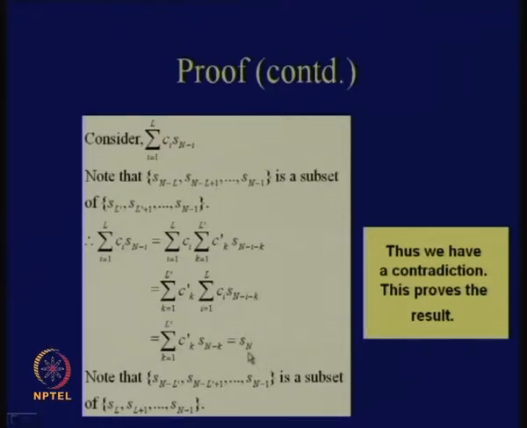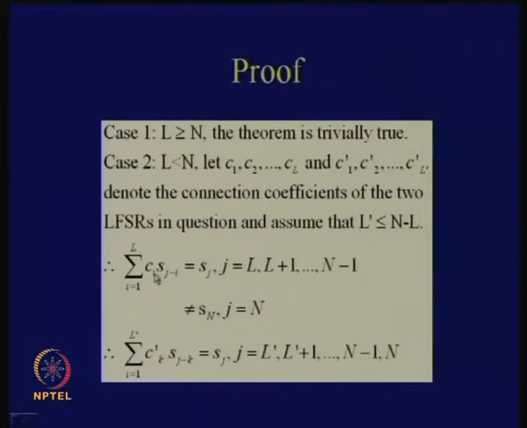Okay. So, what you are essentially contradicting is the initial starting point, that the first LFSR cannot generate the Sn digit. Okay. So, where did we go wrong? We essentially assumed this, which was wrong. So, this proves the theorem, that L dash is actually not less than or equal to n minus L, but it is actually greater than or equal to n minus L plus 1, or n plus 1 minus L,